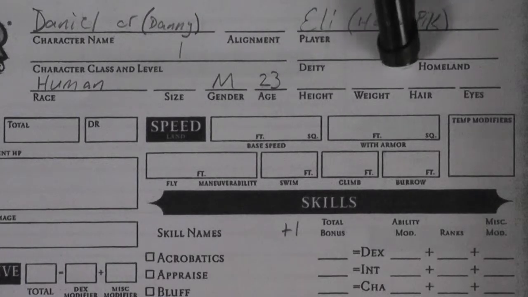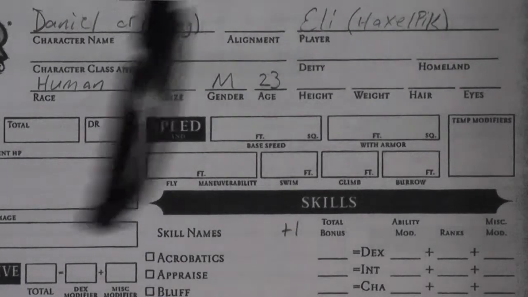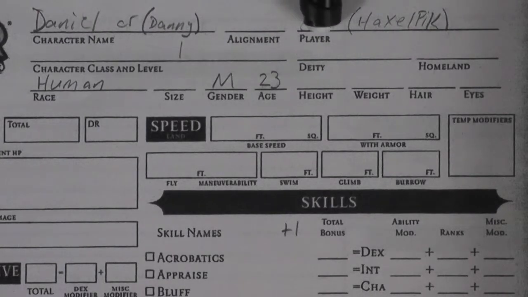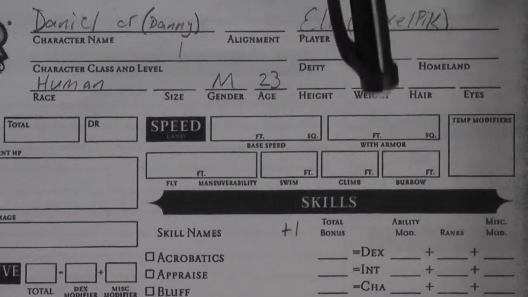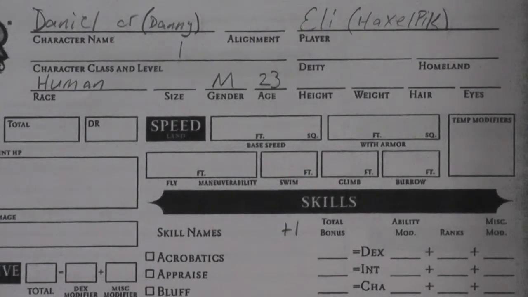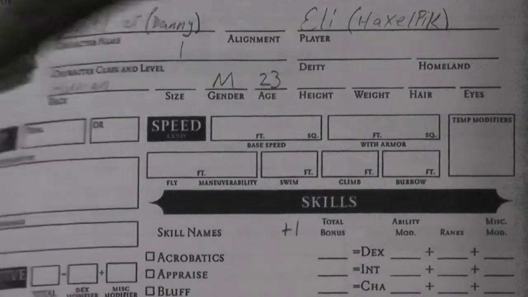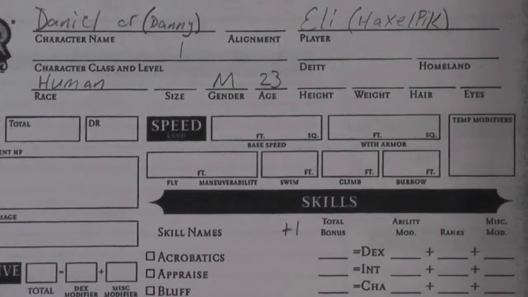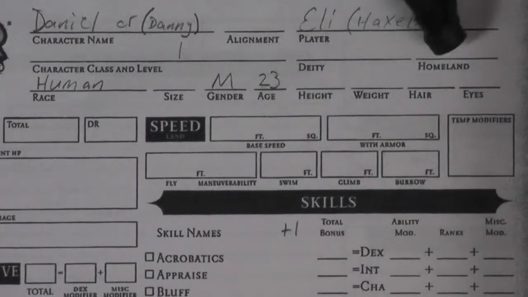Height, weight, hair, and eyes. A lot of these things for humans can be eyeballed, which means you don't have to use the exact statistics in the book. For the exact statistics, they are all probably going to be in Chapter 7 under additional rules for your height, weight, hair, eyes,